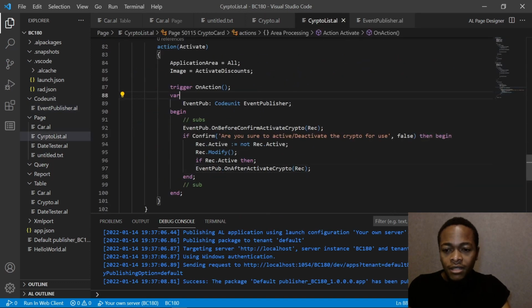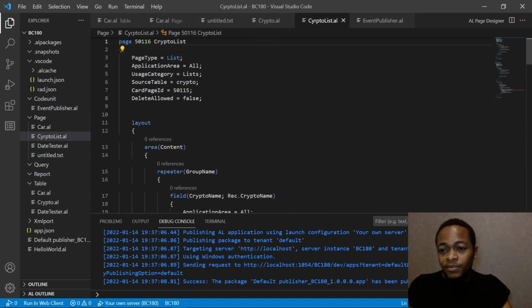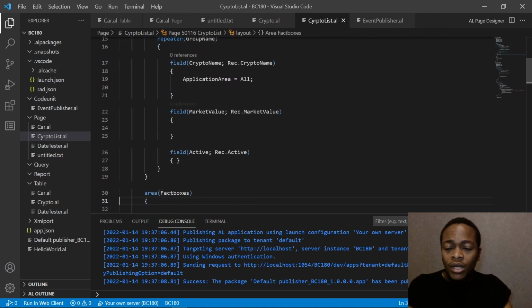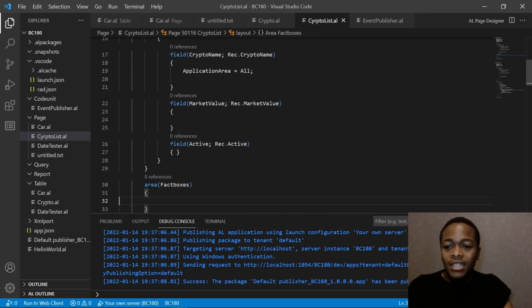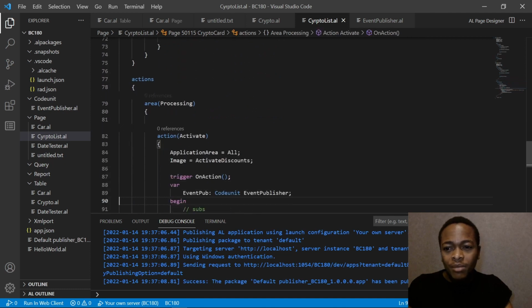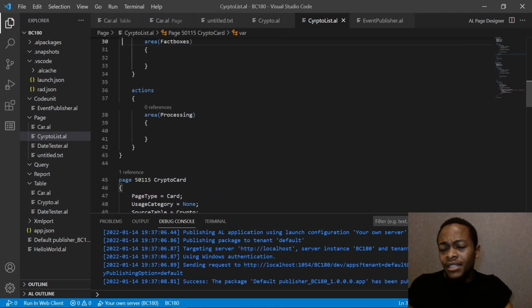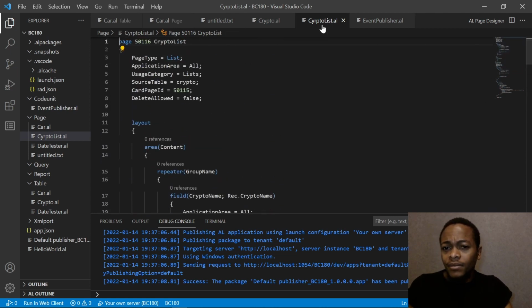And we confirm that this is a page that contains a list page and a card page. In AL nowadays you can use one file and create as many objects as possible. It's not advisable. The advisable way is one object per page, but I think having a list page and a card page on the same file makes a lot of sense for me, because it will be easier to manage. You have the list page and the card page for that particular